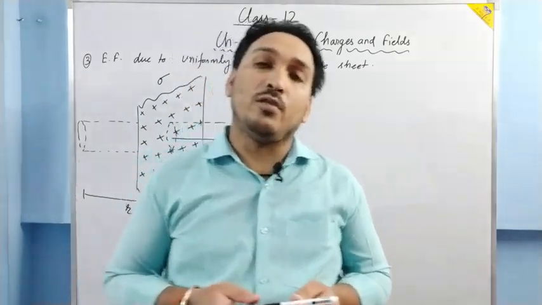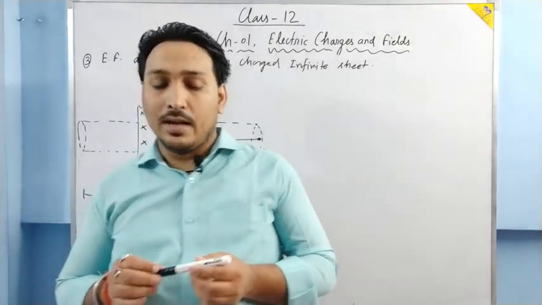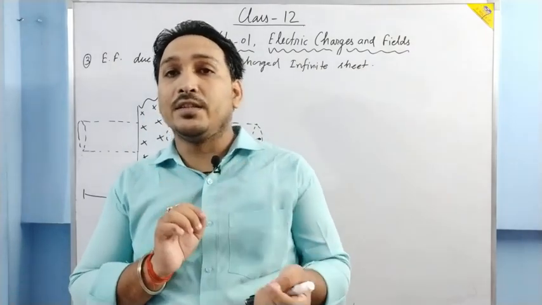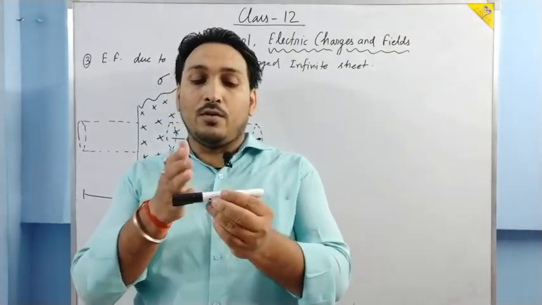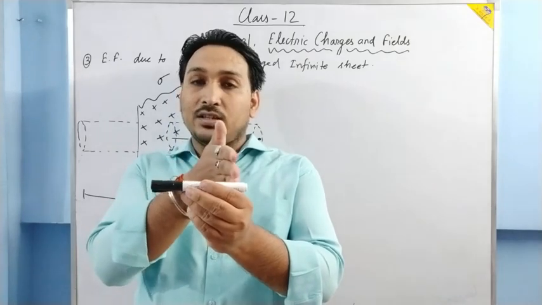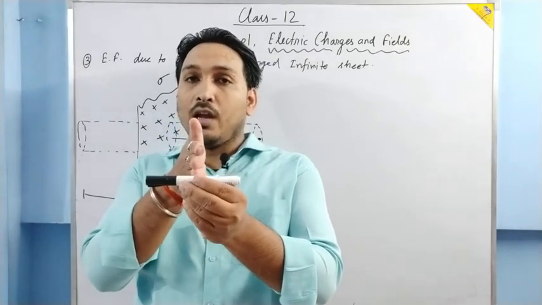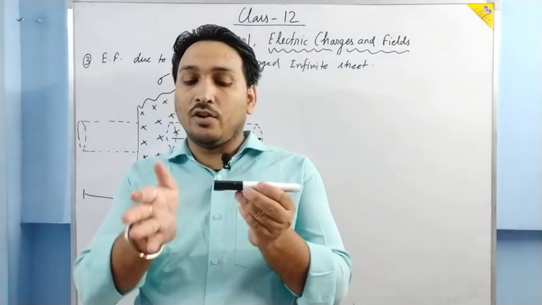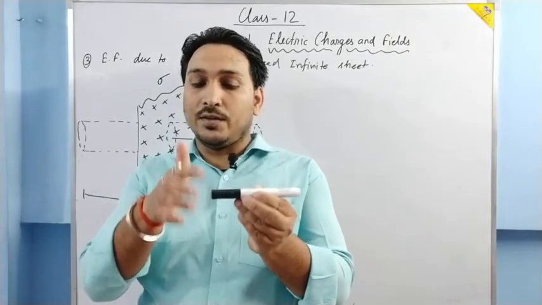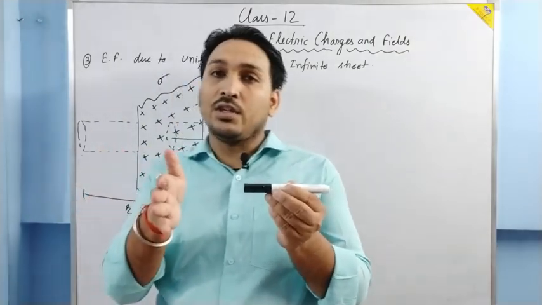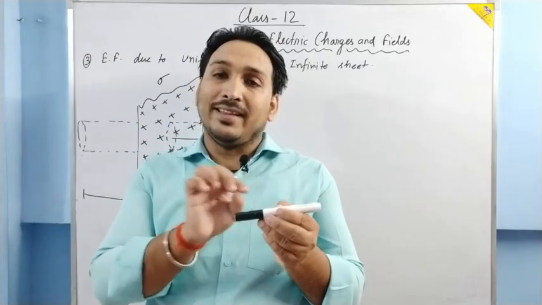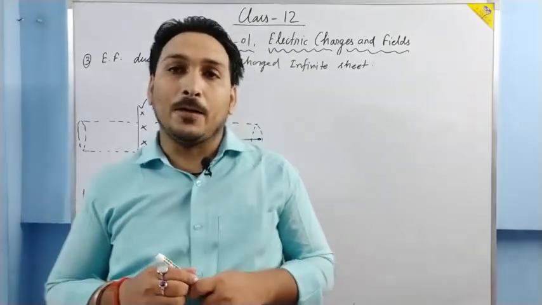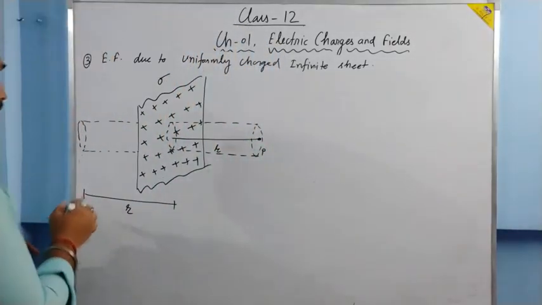Right, now we don't know the formula of electric field, so we are not very sure. What we know is that electric field varies with the distance, right? So we take the sheet not at the side but in the middle, so that the value of electric field on this side and this side will remain the same. Is it clear? We cannot take only this side, because the sheet is so thin that we cannot take an ending surface of the cylinder on it. So in that case we will take R here also.